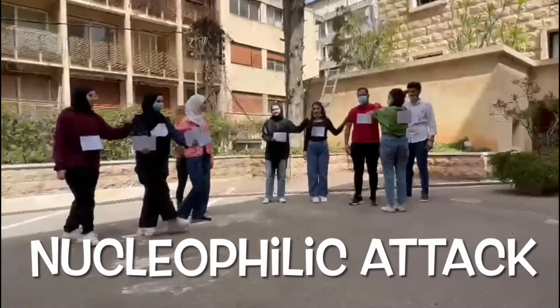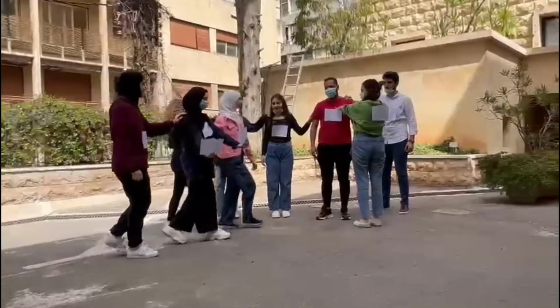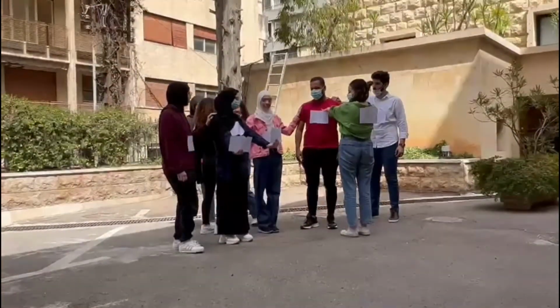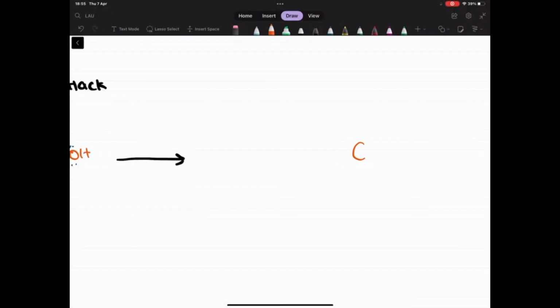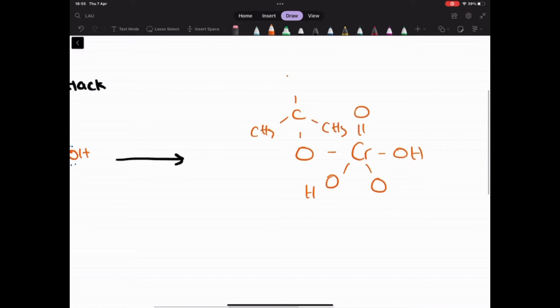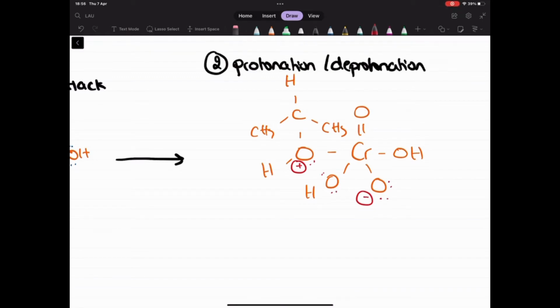And as we mentioned previously, one of the lone pairs on the alcohol's oxygen atom will form a bond with the chromate atom. The product here is probably a chromate ion, and the oxygen on the alcohol now is in its protonated form. The second step is the protonation-deprotonation step, in which an internal proton transfer will occur where